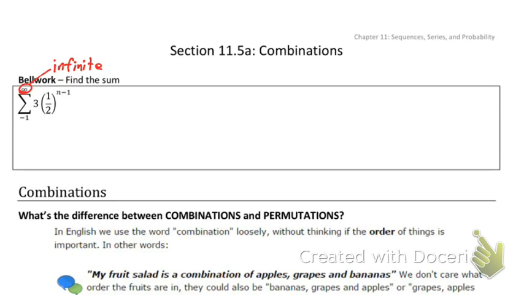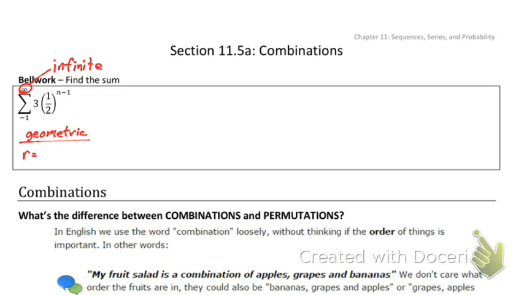But since it's geometric, there's a possibility that it has a solution, and it all is based upon that R value. I'm going to notice the fact that it is geometric because it is in the form A times R to the n minus 1. So just recognize this geometric should get you R value as well. So it's geometric,